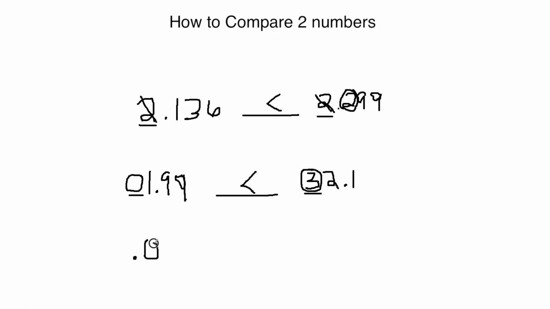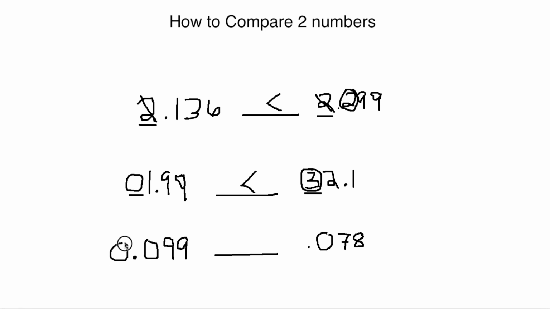Let's do 99 thousandths, and we're going to compare it to, let's do a different one, we'll make it 78 thousandths. Now, once again, look for the greatest place value in either number. This one has a tenths place. Now, most books will have a 0 out in front, but those have no value. So we look at the tenths place. There's the tenths. This one also has a tenths place. We compare them and we cross them out because they are the same